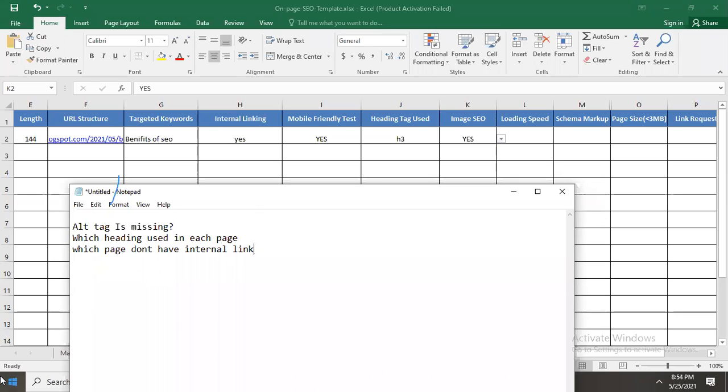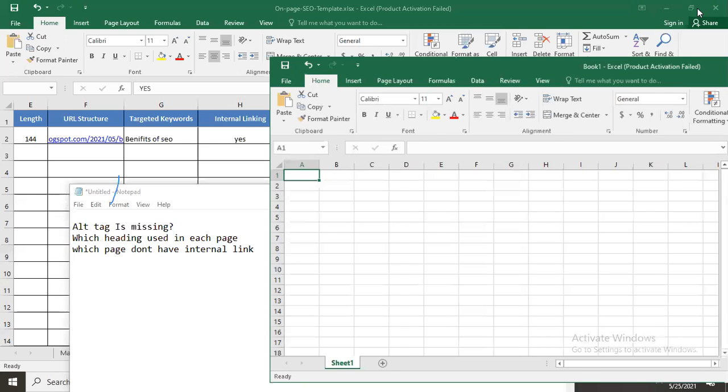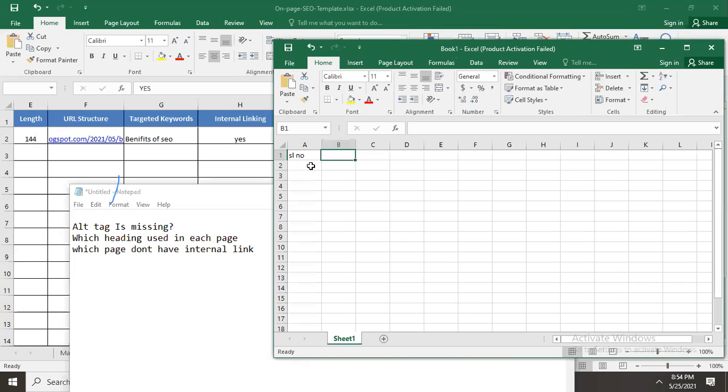I will tell you how to prepare this report. Always take a serial number and add the page URL and the issue: alt tag, heading tag, and internal link.